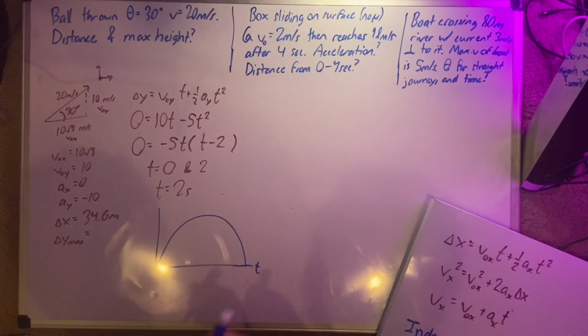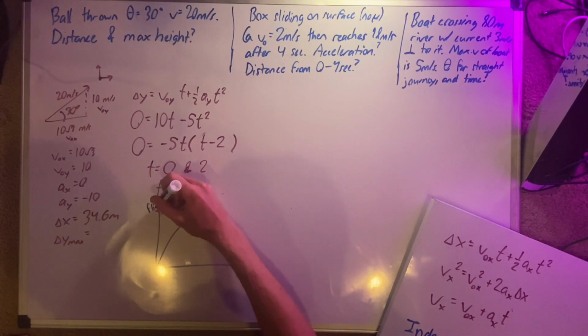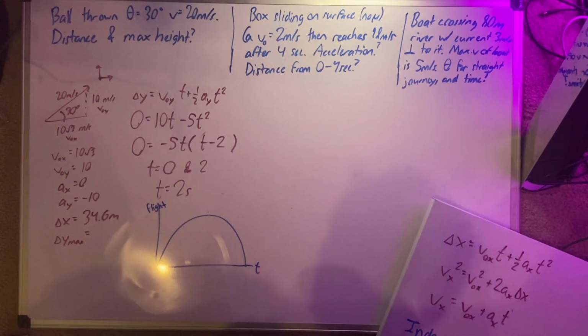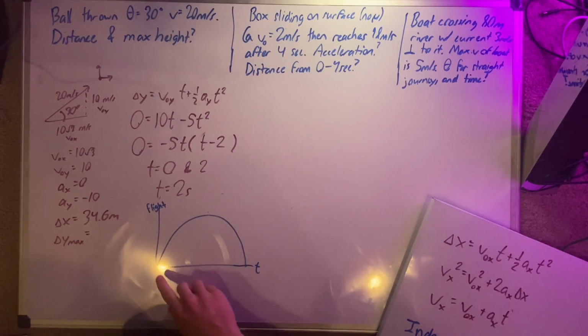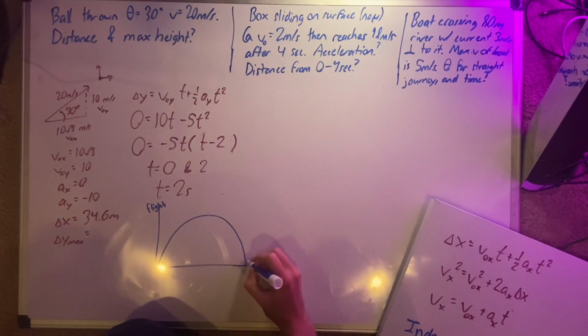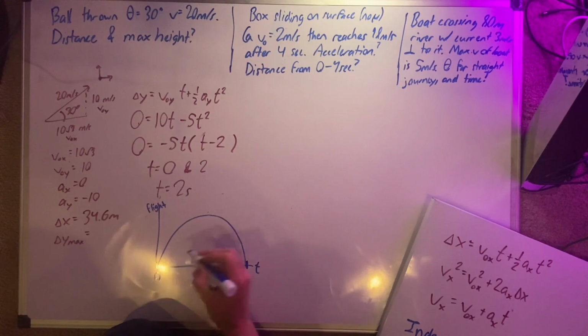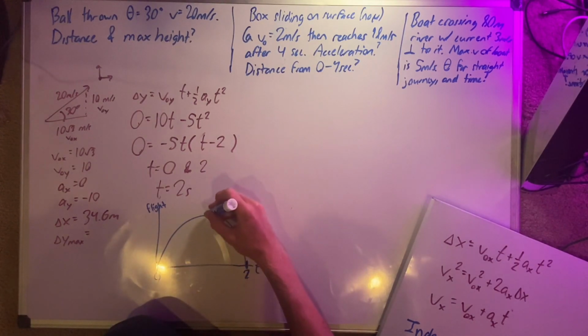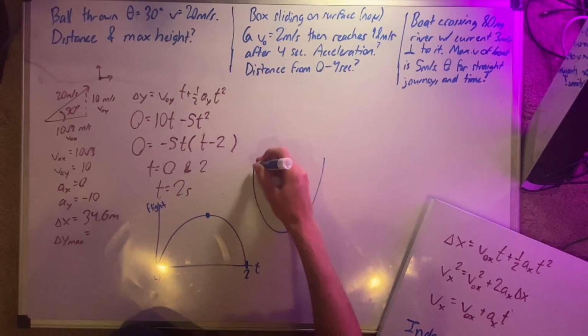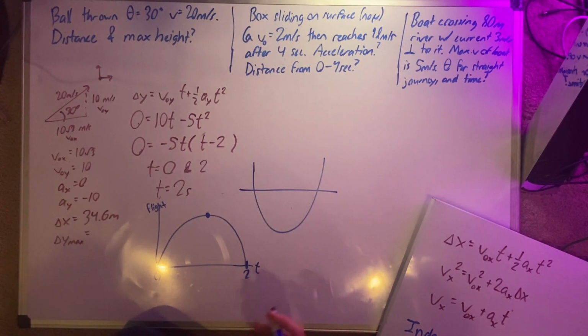I'm not going to say distance, I'm going to say flight in both the x and y directions versus time. So as time progresses, this thing gets higher and higher, reaches a peak, and then gets lower and lower here. So we know that it gets lower here at 0 and 2 seconds, and we know it reaches a peak here. Well, if we're talking about a parabola, we know that if we draw a straight line through that parabola,